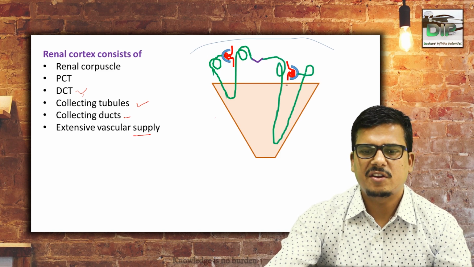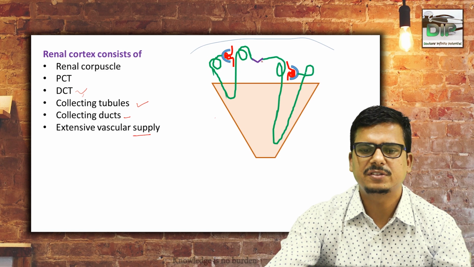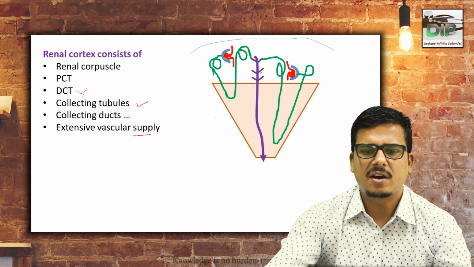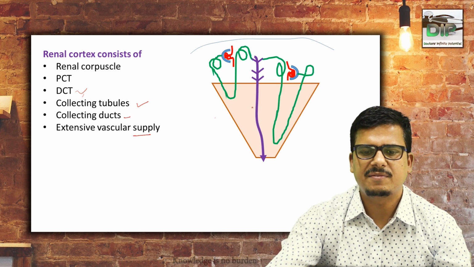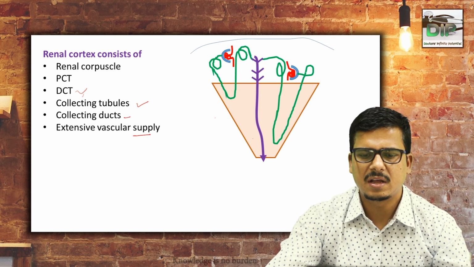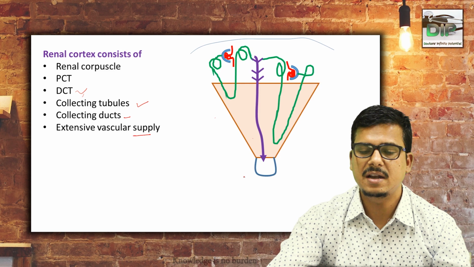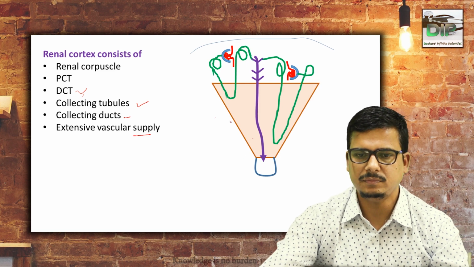So here is another nephron, and the collecting tubules of a few nephrons join with each other, and many other collecting tubules join, and finally they form the papillary duct, which we call the distal portion of the collecting duct. From the papillary duct, it opens at the tip of the renal pyramid, and from here it is received by the minor calyces and then goes to the major calyces and renal pelvis.